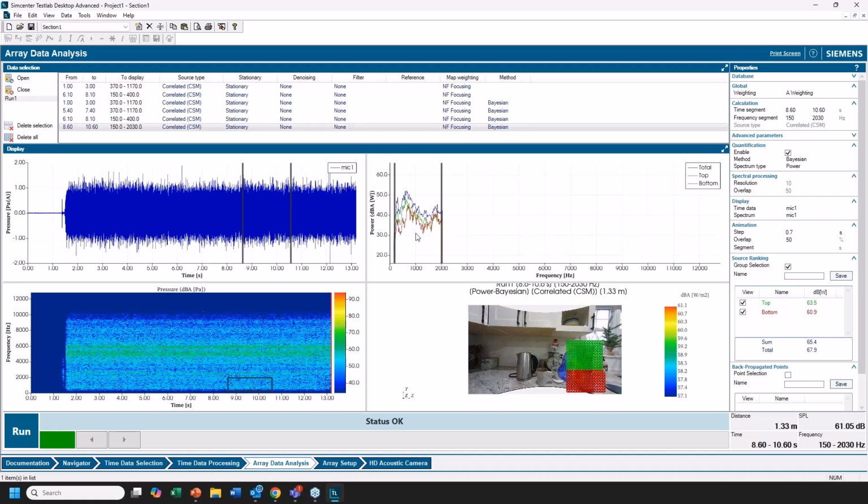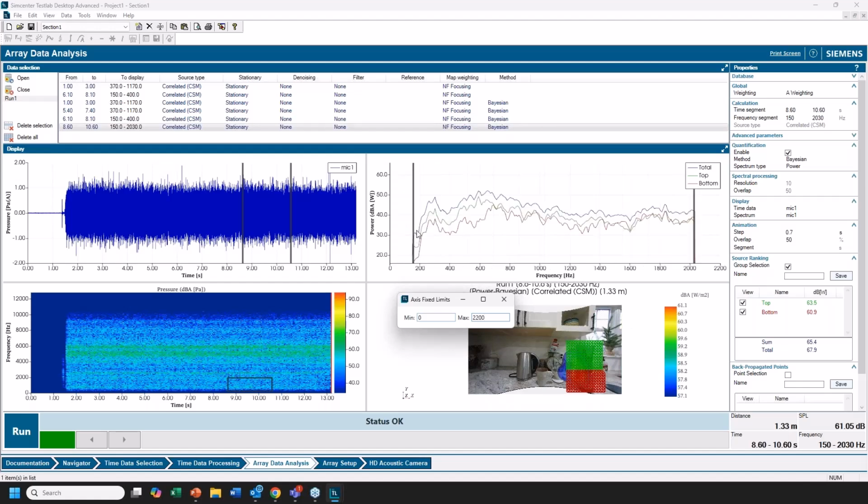And if you were watching up here in the FFT, I'm going to change my limits, and we'll just do to 2200. You can see the red is the total noise contribution, and then this green and red correspond to the top and bottom groups that I have selected here. Based on the area that I have picked, you can see what the contribution is of those sources. So it's almost like a source ranking. Almost, yeah. I guess it actually is a source ranking to see top and bottom of the grinder.